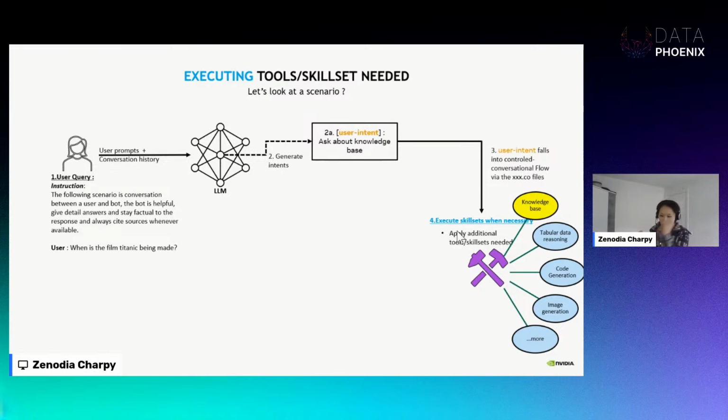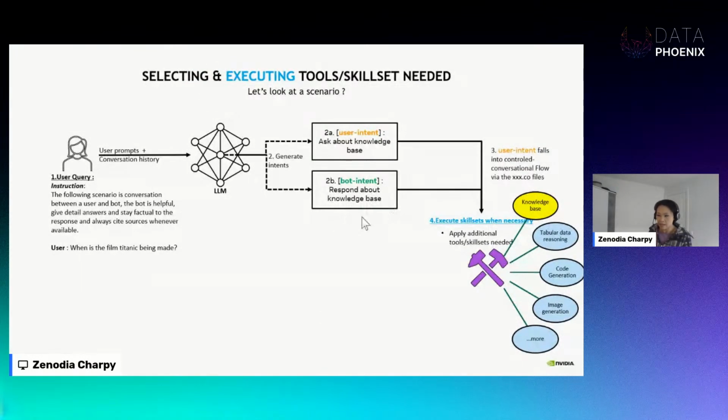However, if I equip it with a knowledge base that's up to date, in this case a knowledge base tool set that I equipped the language model with, then after the knowledge base responds with a factually correct answer, the bot should also generate an intent and say, now I'm going to answer your question, integrating what you just gave me from the knowledge base you equipped me with.